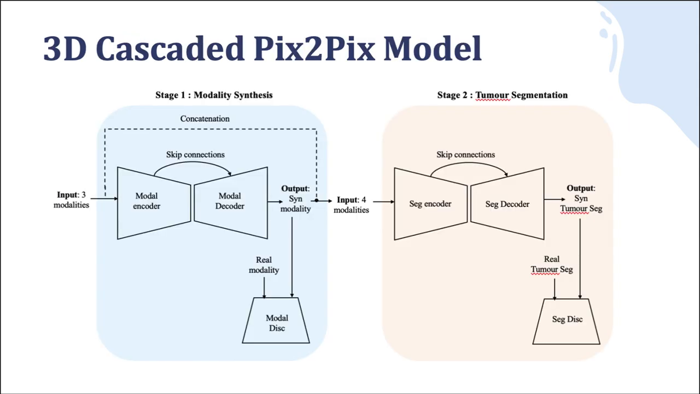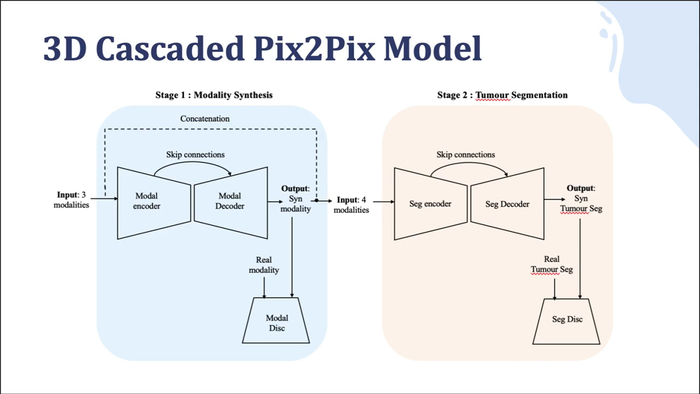This is the proposed model, a 3D cascaded pix2pix model. The model is made up of two stages with two networks. The first stage involves missing modality synthesis, and the second stage carries out tumor segmentation. For our experiments, we assume that patients only have three existing modalities, and each network has an autoencoder GAN to